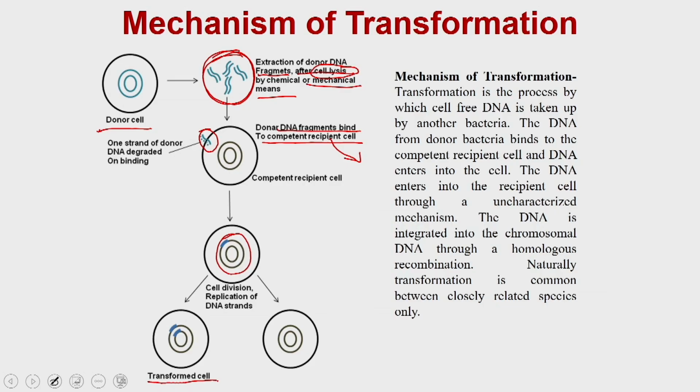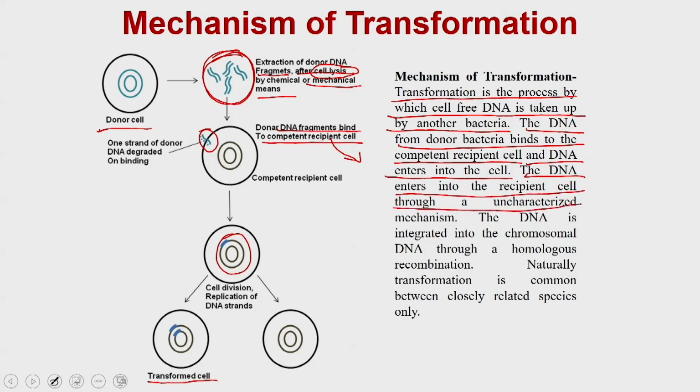So, that is what is given here: transformation is the process by which cell free DNA is taken up by another bacteria. The DNA from the donor bacteria binds to the competent recipient cells and the DNA enters into the cell. The DNA enters into the recipient cells through an uncharacterized mechanism. So, the mechanism by which this DNA enters into the competent recipient cell is still not known,